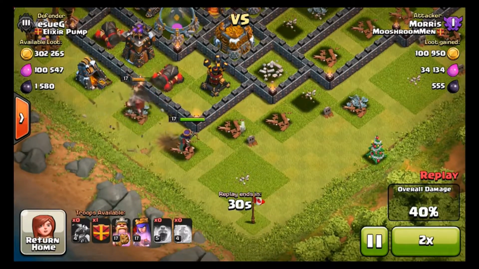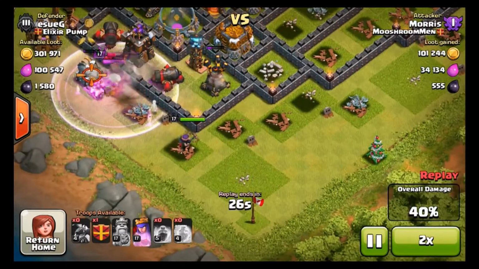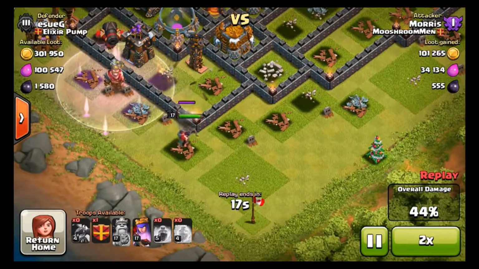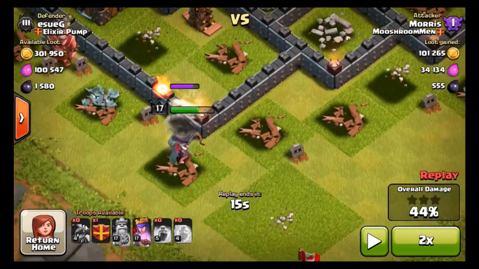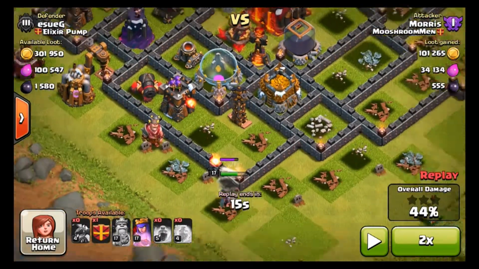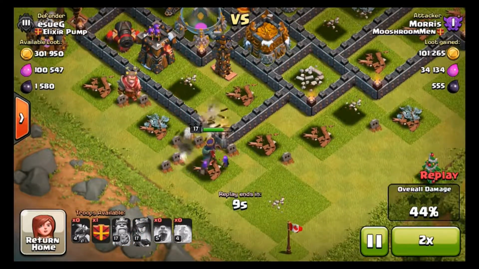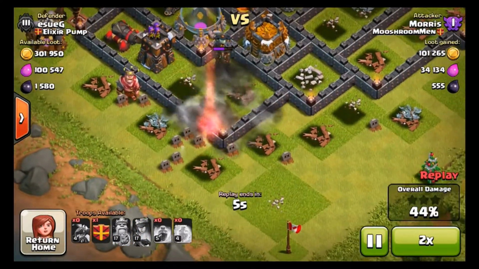So now that my Archer Queen's down, she's going to actually be smart, take out the air defense, take out the cannon. My Barb King goes down, and good old Archer Queen, she's just going to sit here and shoot at a wall as this Archer Tower just totally takes her out. I think she gets in here, and then a big bomb goes off,